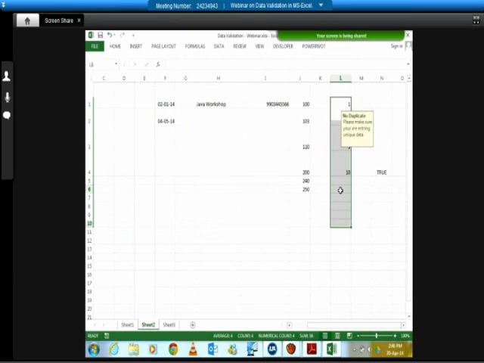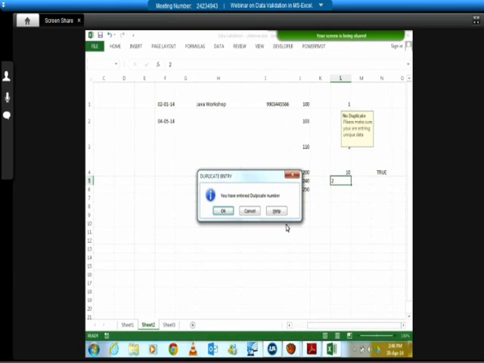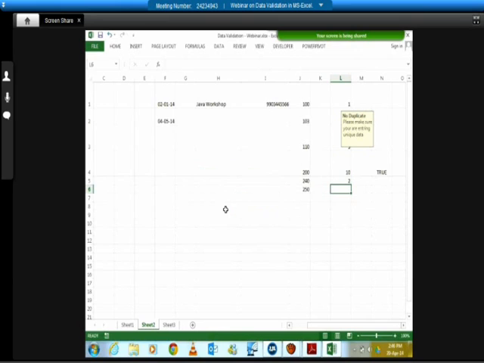The disadvantage is, let's say I copied a cell which has no validation on it and I pasted it on a cell which has a validation on it. What will happen in this case? The validation will be taken away. Because I copy pasted a cell which has no validation on it onto the cell which has validation on it. So the validation that I had applied will go away, because that's what happens when you copy paste. This is a very big problem.